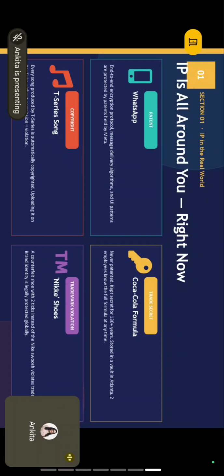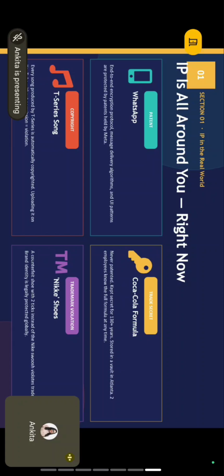Look at your phone right now, and I mean it, actually look at it. That one device in your hand has hundreds of active patents inside it. The way the screen responds to your touch, the face unlock system, the camera autofocus, the notification sound, the brand name on the back, and every single thing is protected by some form of IP.